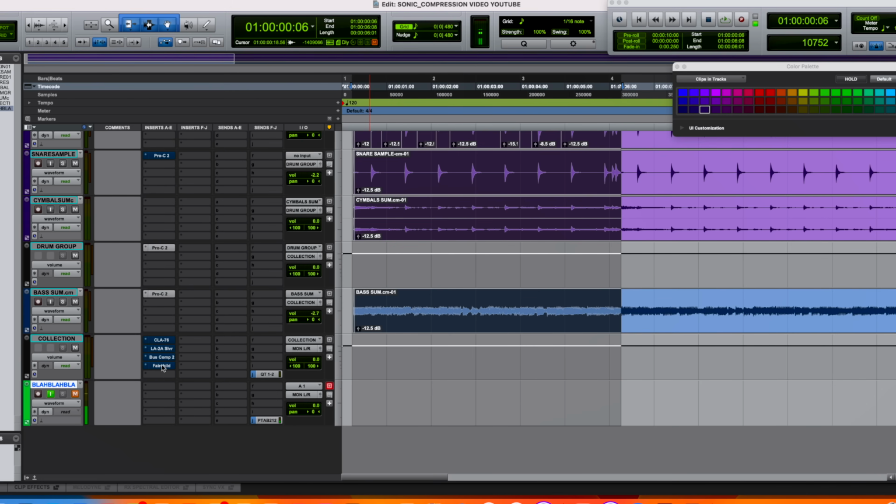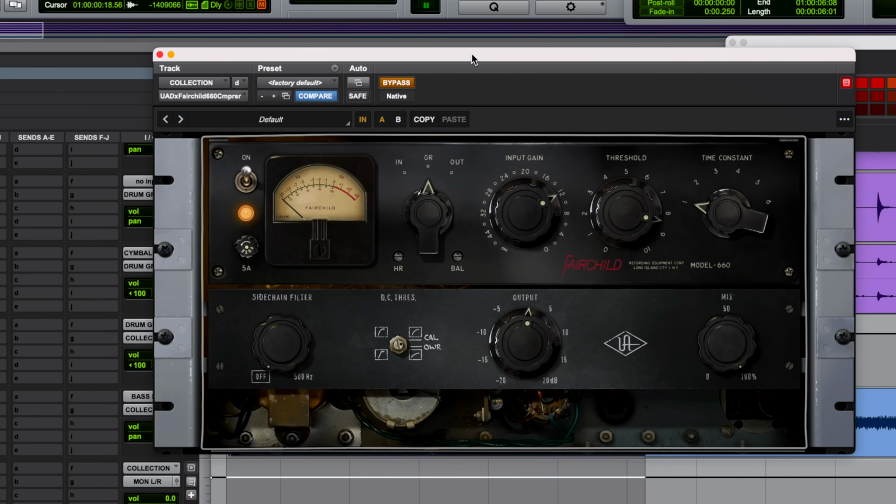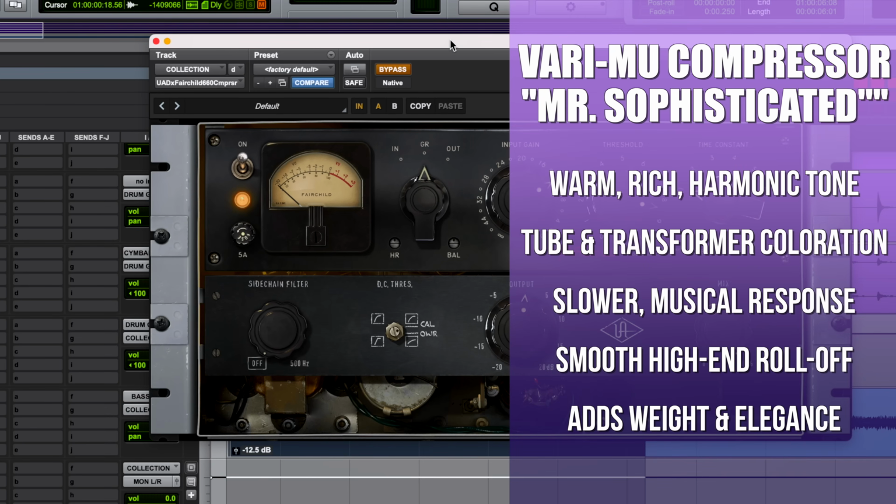Okay, and the last to the party is Mr. Sophisticated, and that is the Fairchild. I have the unfair Fairchild, the real analog piece, and these units are a beast in real life. They're like two people to carry kind of things. They're just loaded with tubes and big fat transformers, so they're just monster units that impose a ton of